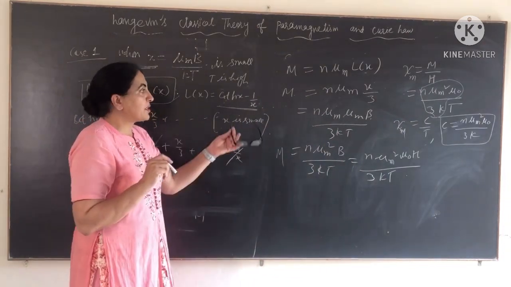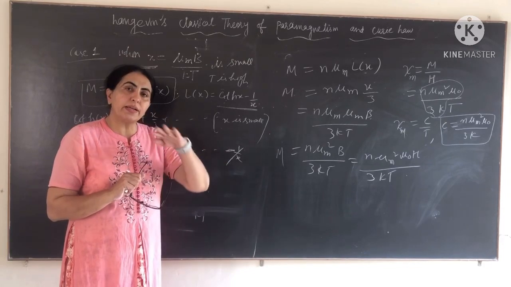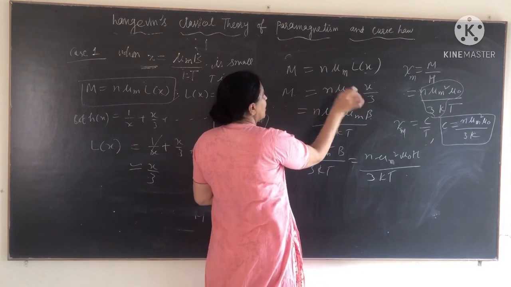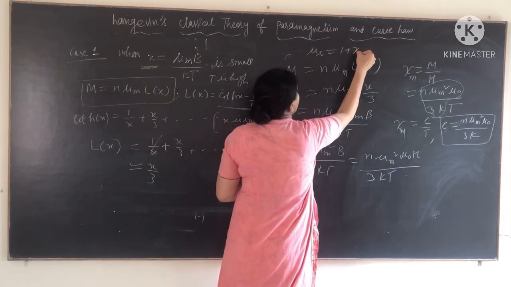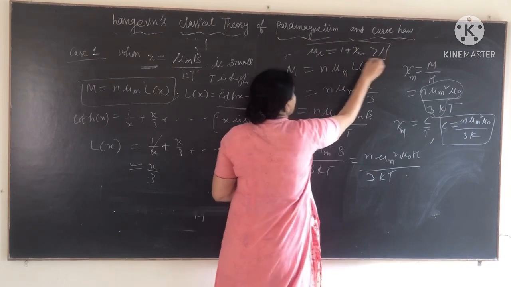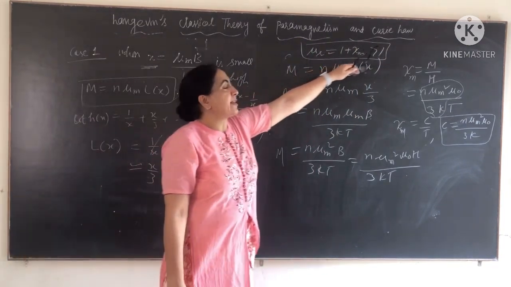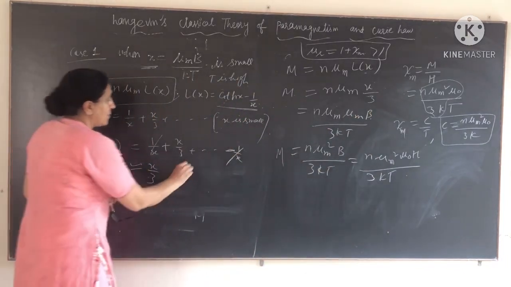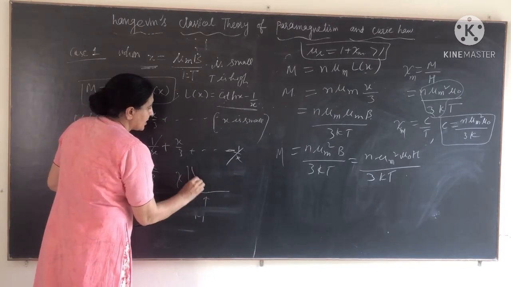Okay? So from this you can say that the magnetic susceptibility for paramagnetic material has a positive value, and if susceptibility is positive but small, then what about mu r? Mu r is equal to 1 plus susceptibility, that is greater than 1. But in the case of diamagnetic material, this was less than 1. So this is all about it, and when you plot a graph between chi and T, the graph is like